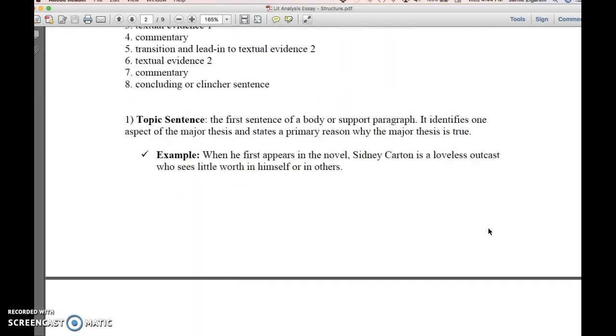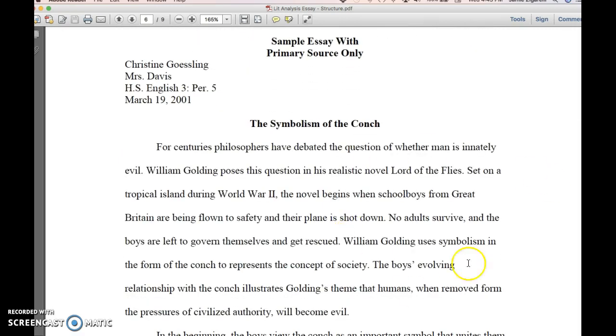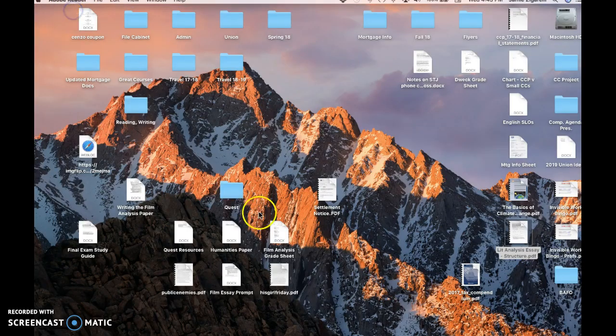And if I recall correctly, this one also has an entire high school sample paper that looks at symbolism in Lord of the Flies. What can be useful about this paper, I'm not asking you to read it, you don't need to, but you can if you'd like, is you can just see structurally how they develop a paragraph with a topic sentence, supporting detail, and commentary on the detail, okay? So that's another resource that you have. And then one other thing that you have is